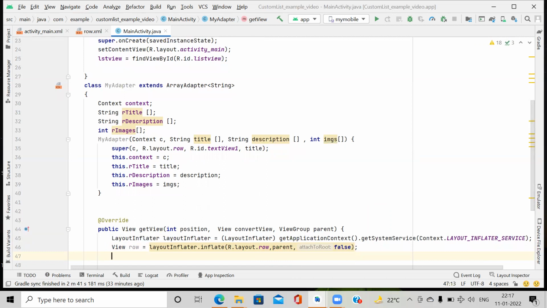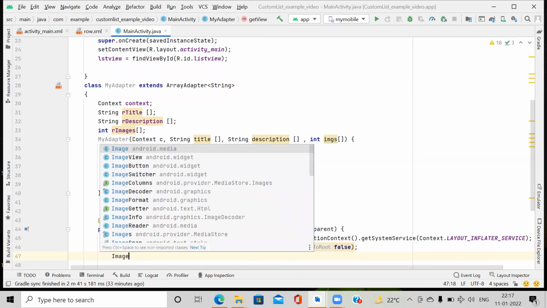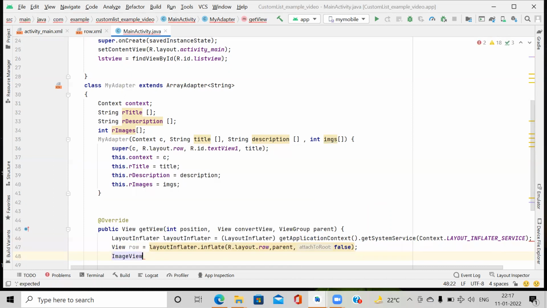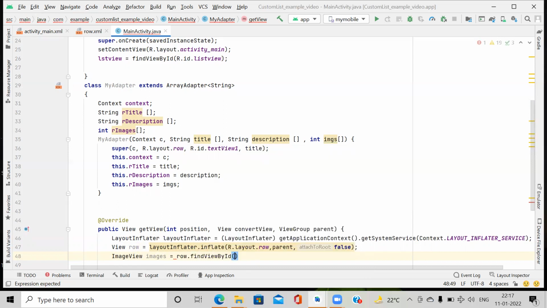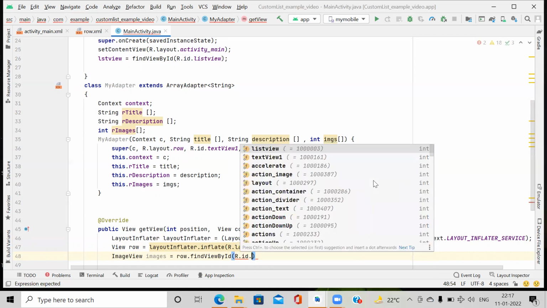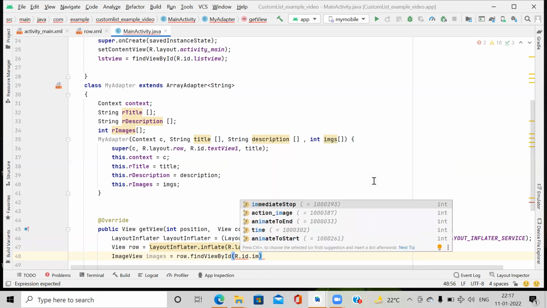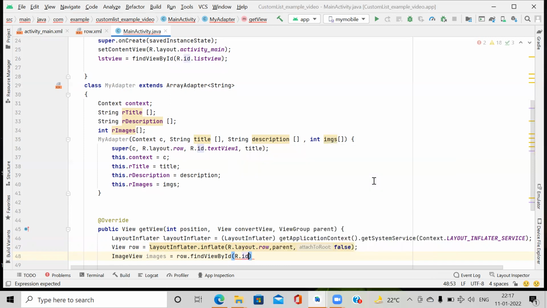So we assign values to all. ImageView control, images is equal to row.findViewById, because they are on the row layout, and here we pass the id R.id.image.